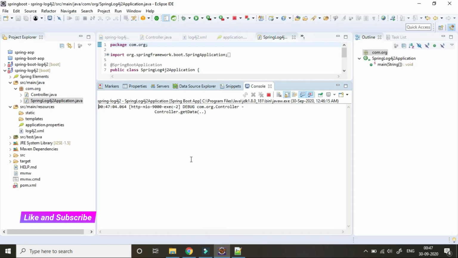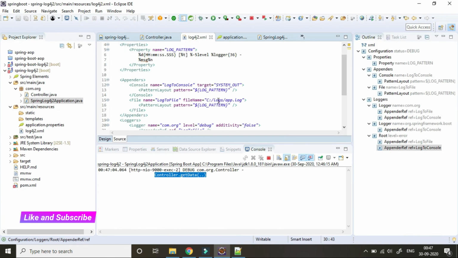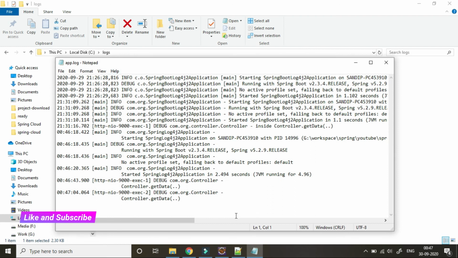Once I hit, we get the timestamp, the thread, the logging level, the name of the logger it is logging from, and third is our message. So this is our console output. Now we have to check our log file. We have used this path, c:/logs then app. If we open this one, we can see the same logger statement here.